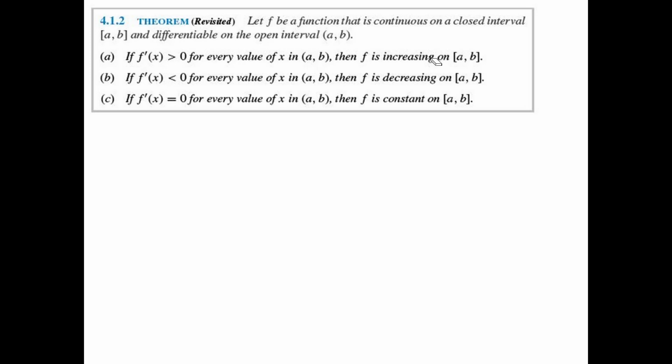Okay, and so if f prime of x is less than 0 for every value of x in (a,b), then f is decreasing on (a,b). And if f prime of x is equal to 0 for every value of x in (a,b), then f is a constant on (a,b). I think all these things are intuitive if you recognize that the derivative represents the slope